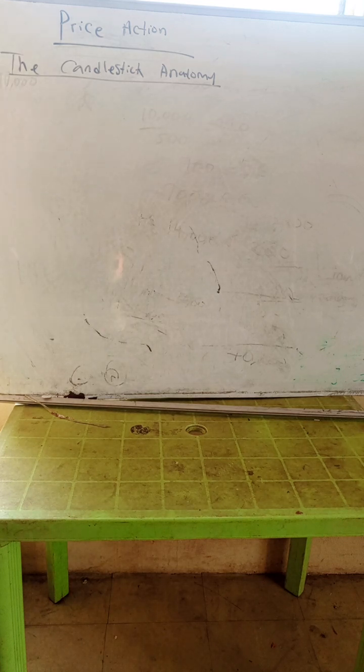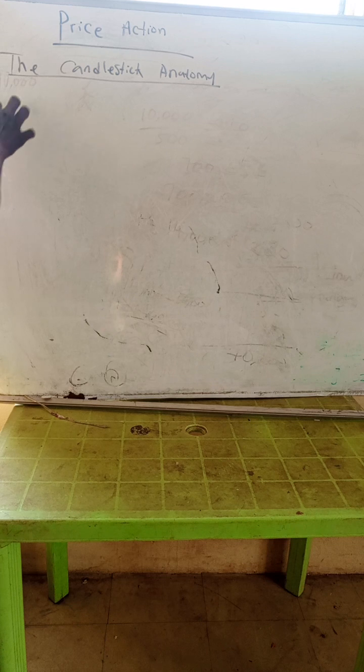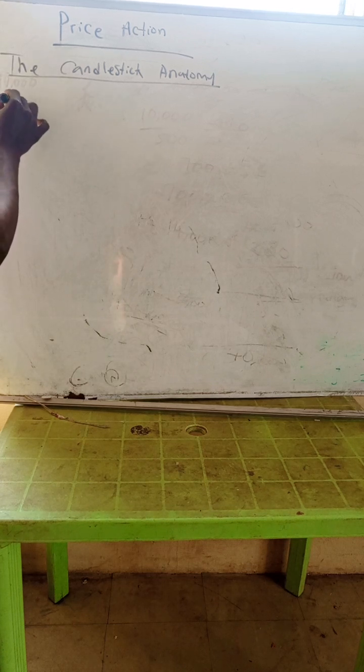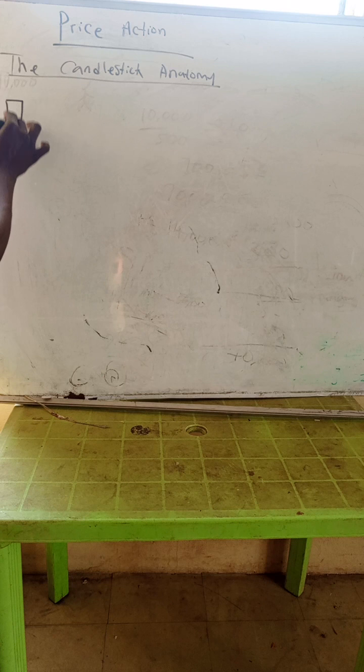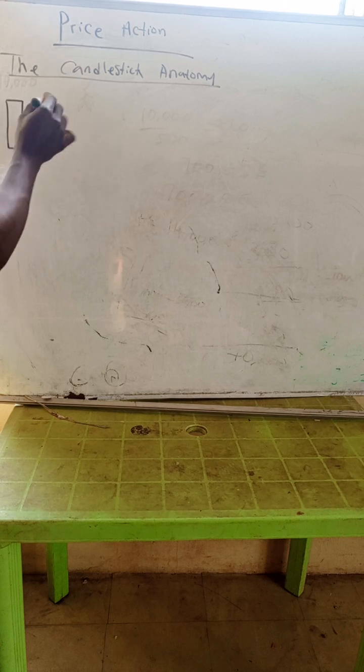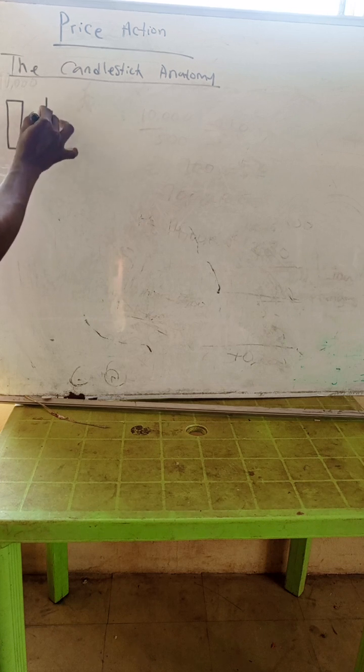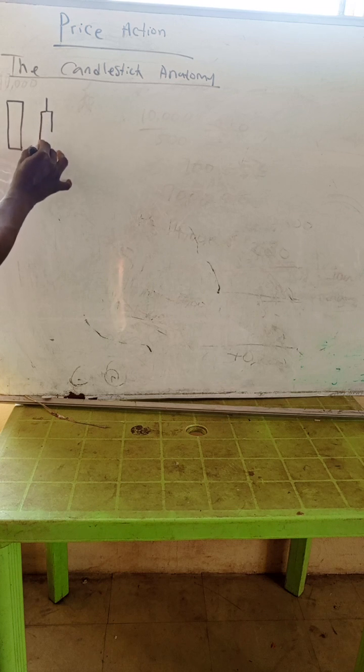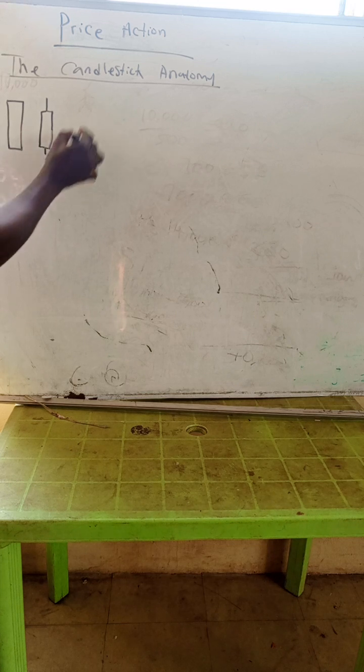Now, there are three major magnitudes of each of these candlesticks. So I will draw them. I'll start with the bullish. The bullish goes like this. I'm drawing the three major magnitudes of each of these candlesticks, which is the bullish and the bearish candlesticks.